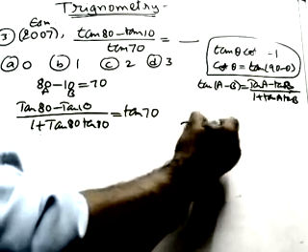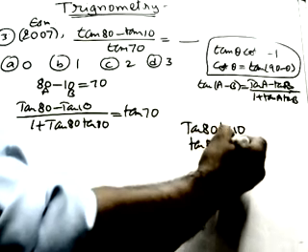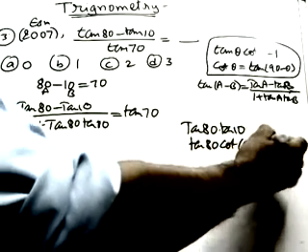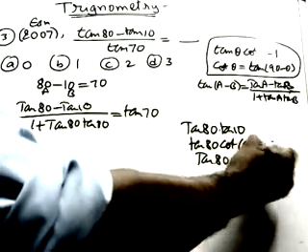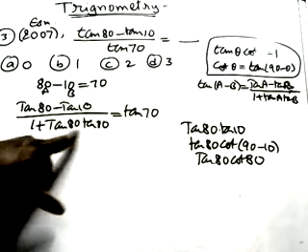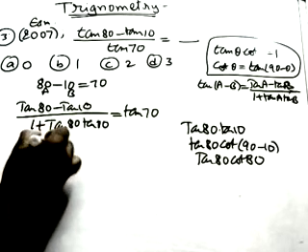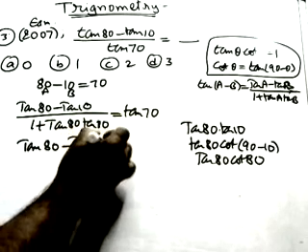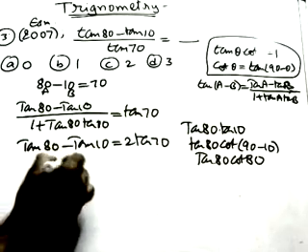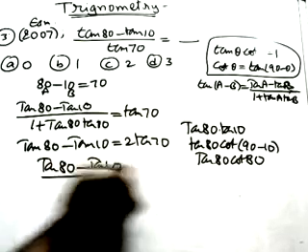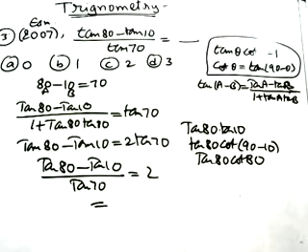What we did, we applied tan on both sides. Now watch carefully, we can change this tan 10. Tan theta can be written as cot of 90 minus theta. So this is tan 80 into cot 80. Now tan 80 into cot 80 will be 1. So this is 1 plus 1. 1 plus 1 will be 2. Bring this 2 here. So this will be tan 80 minus tan 10 equals to 2 tan 70. Bring this tan 70 here. So this will be tan 80 minus tan 10 divided by tan 70 equals to what is left here, 2.